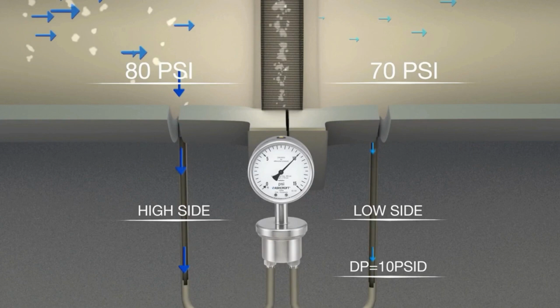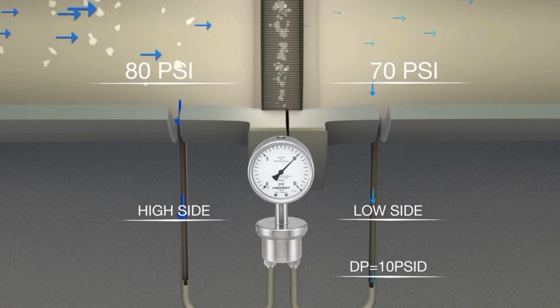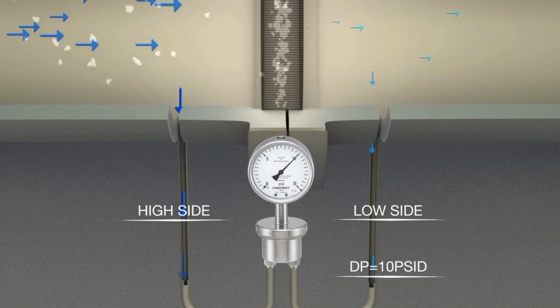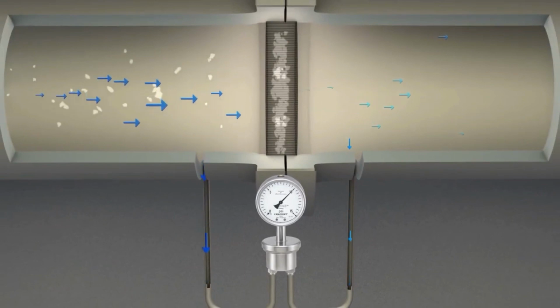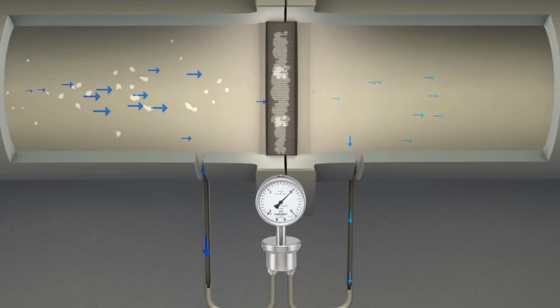When specifying a differential pressure instrument, there are two important factors to consider. The first is the DP range, which is based upon the most difference in pressure that the restriction is likely to produce. The second is the instrument's ability to contain the static pressure, which is simply the pressure in the line while the differential pressure remains the same. A higher line pressure may require an instrument rated for higher static